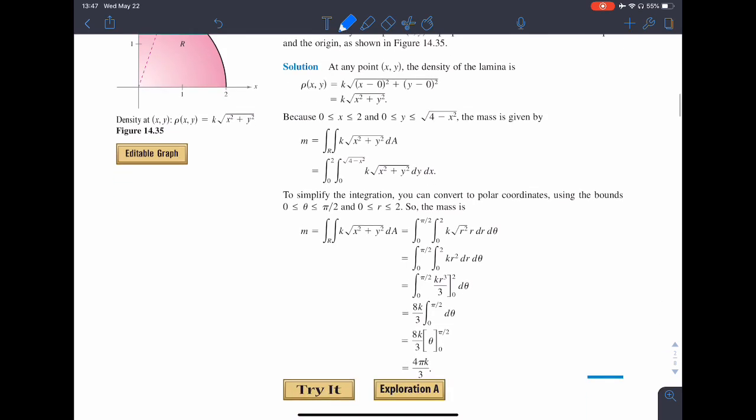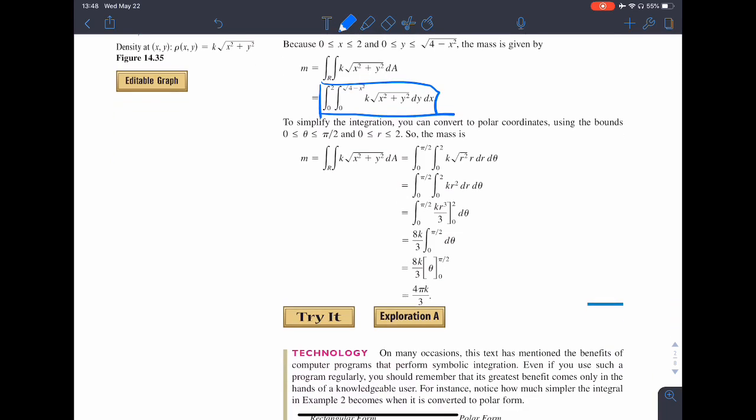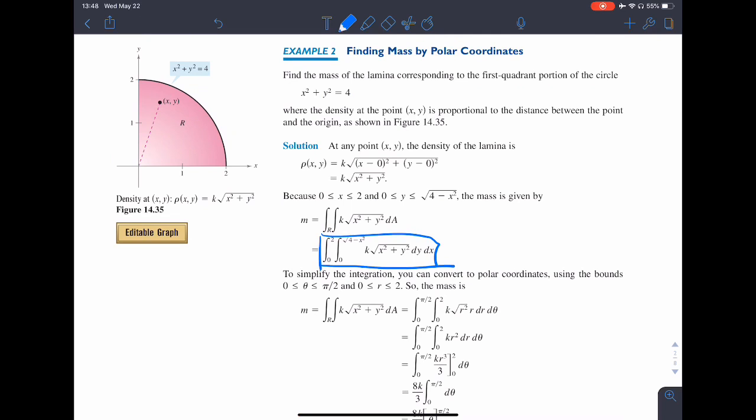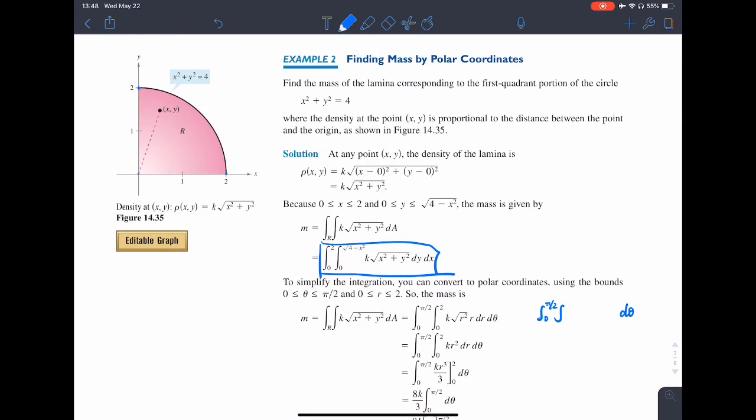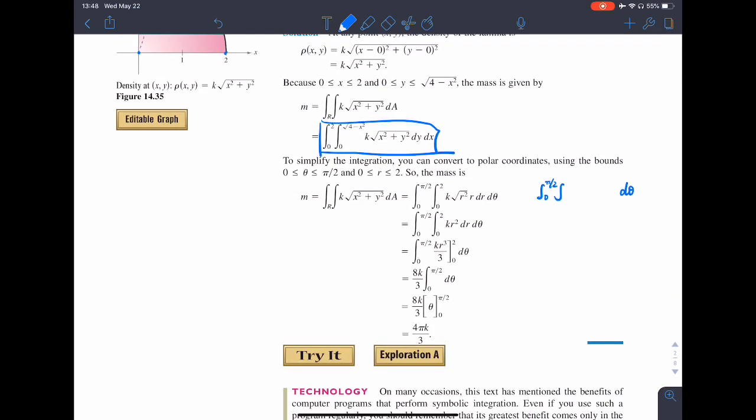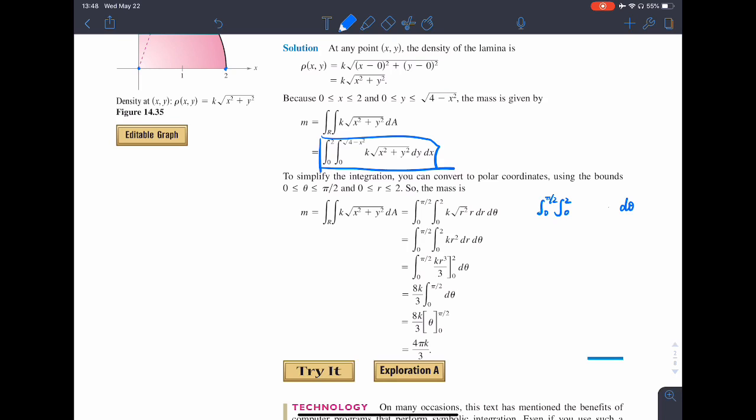So we convert the rectangular form into polar form, as we already learned from 14.3. On the graph, we can see that theta goes from 0 to pi over 2. So basically we write 0 to pi over 2 first, and d theta. And r goes from 0 to 2, which means 0 to 2 dr. And inside it should be rho of x, y. To simplify this, we can get